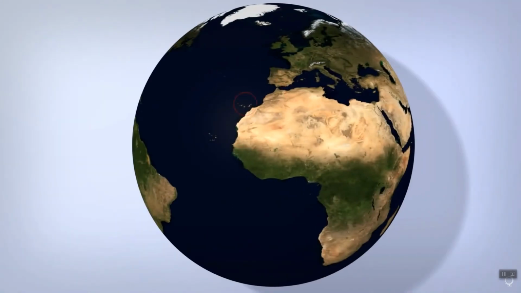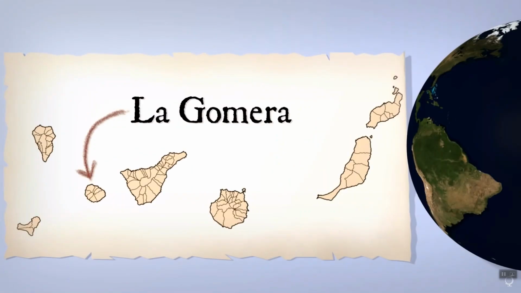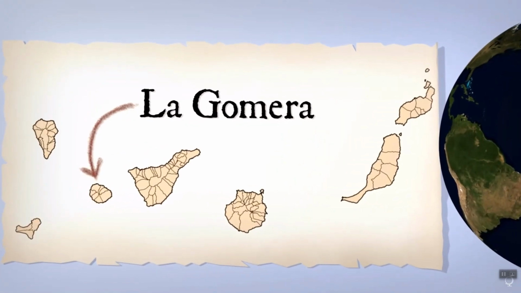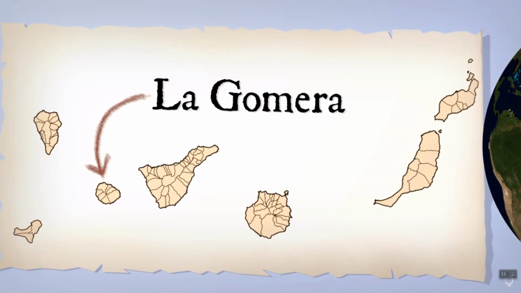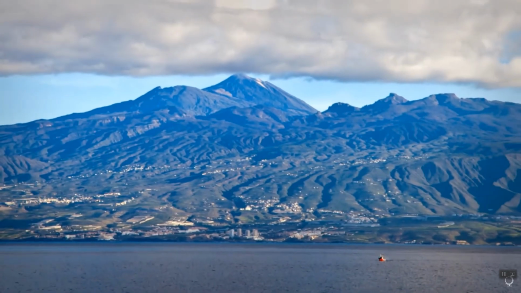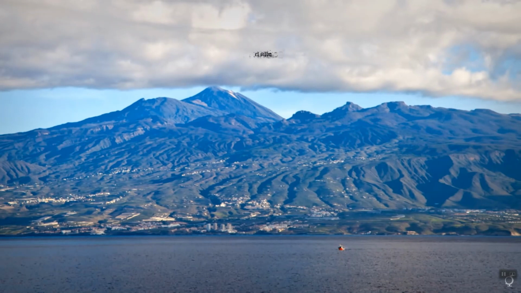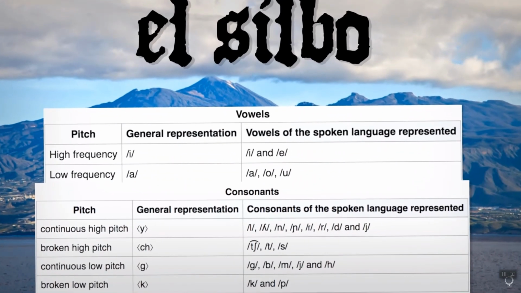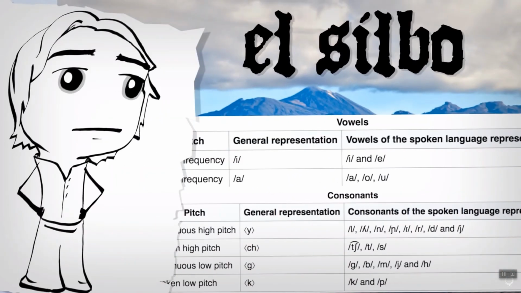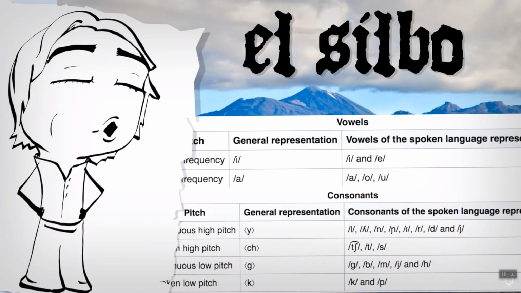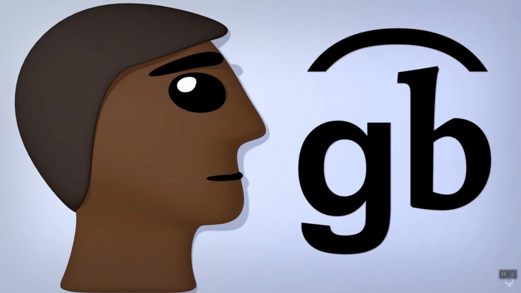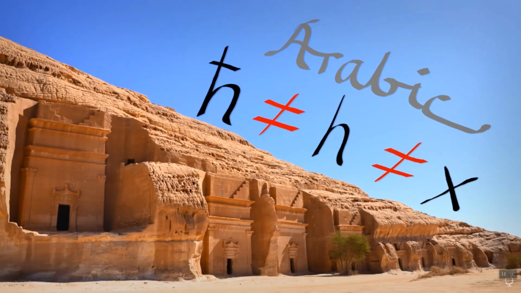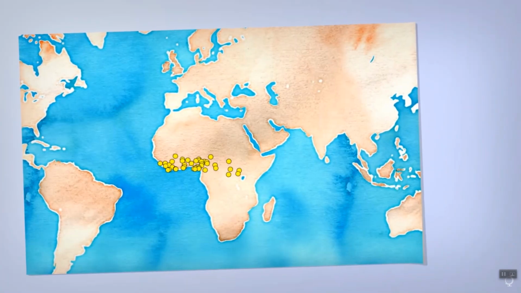A Spanish island in the Canaries off the coast of Africa, La Gomera, makes some intriguing noises. Unlike the previous examples, their oddity isn't a sound, it's actually a whole way of speaking using whistles. It's called el silbo, the whistle, by locals who use high or low frequency, combined with either flows or breaks to communicate both vowels and consonants. The West African ba, that lippy trill in Brazil, pharyngeals in Semitic,